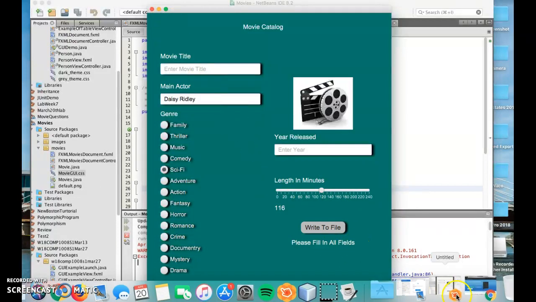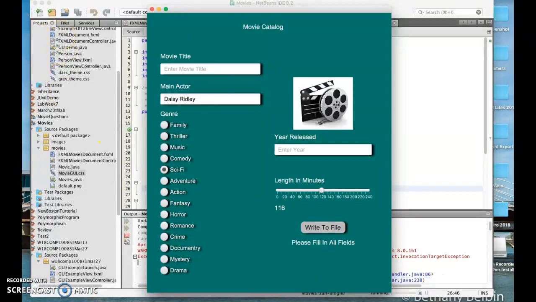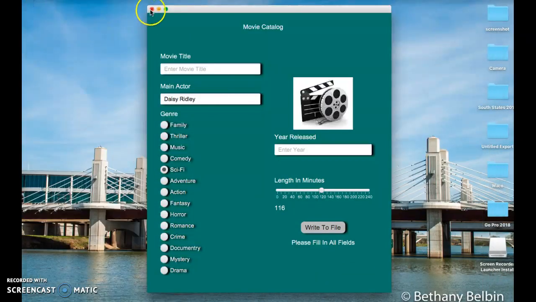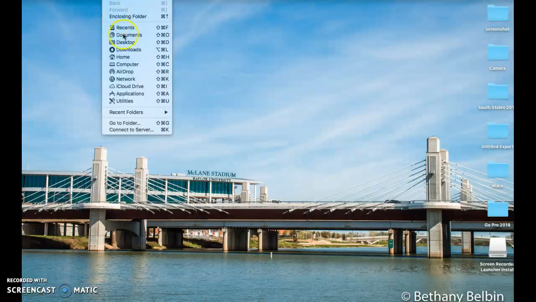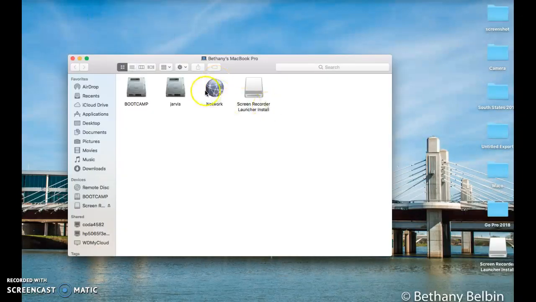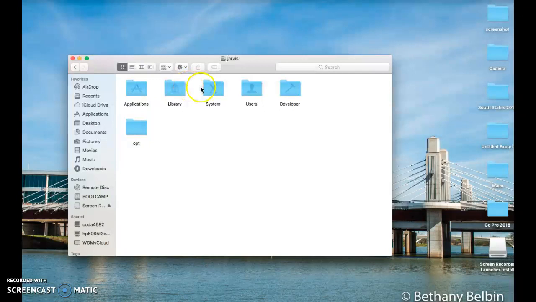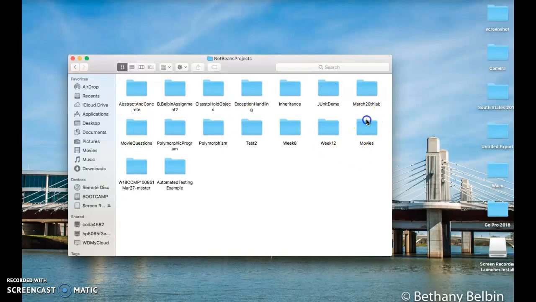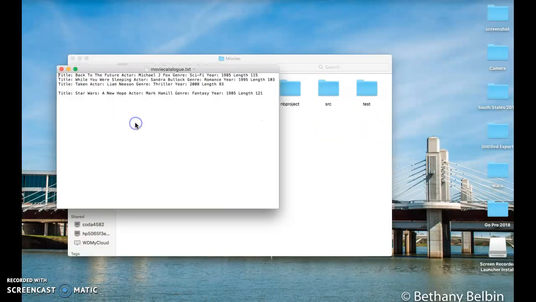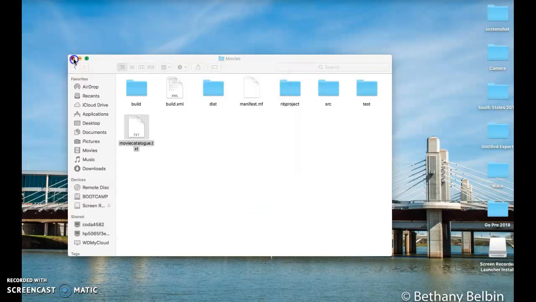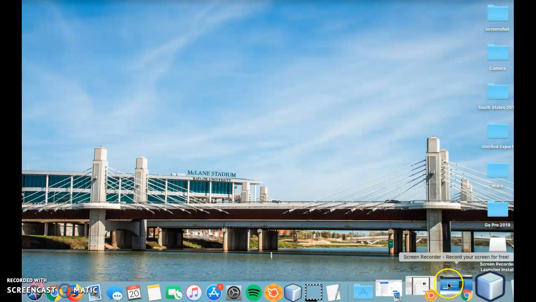And then if I go to open up that file again, I will go to my computer, NetBeans projects, movies, and open up the catalog again. And you can see here that it did not write into the text file itself. So we'll close that, and we will open up